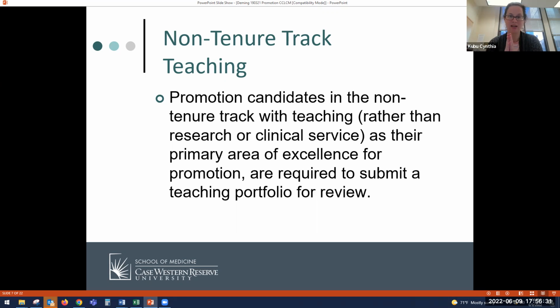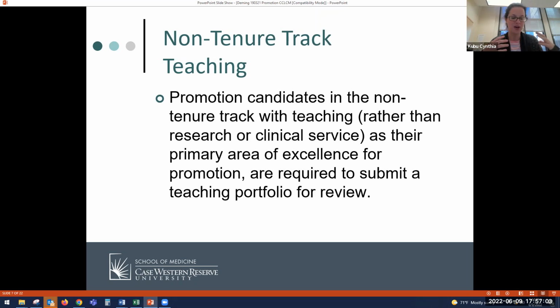It is a max of 25 pages. And this is because historically we would get 400 pages with copies of people's slides and presentations, and as a reviewer, you are unable to appreciate everything that is in there. So we ask you to please condense it, right? This is not a copy and paste from your CV saying, here are the courses or here are all my mentees. You are selecting and highlighting and doing a deeper dive into the gems of your teaching.